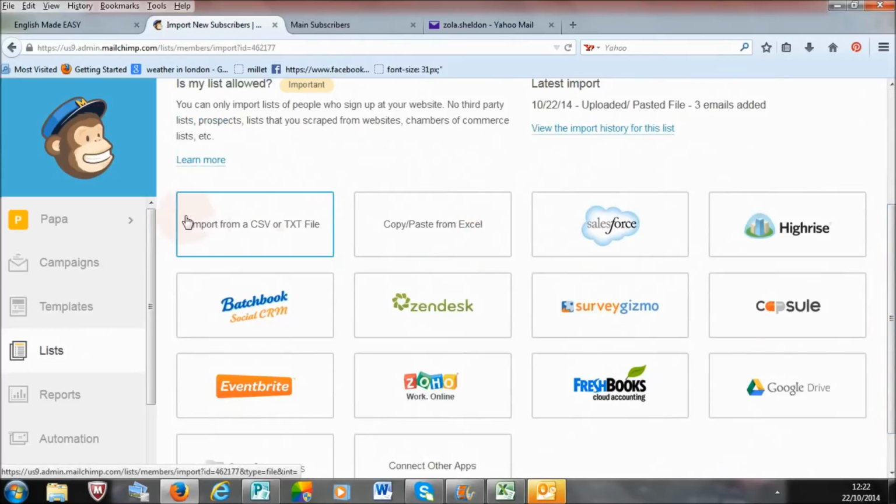You can either import them from a text file or CSV file, so any kind of file that you have on your computer which contains email addresses and names of people, especially if you've got a large email fan base. Or you can copy and paste from Excel, which is what I'm going to show you now. Click on copy paste from Excel,